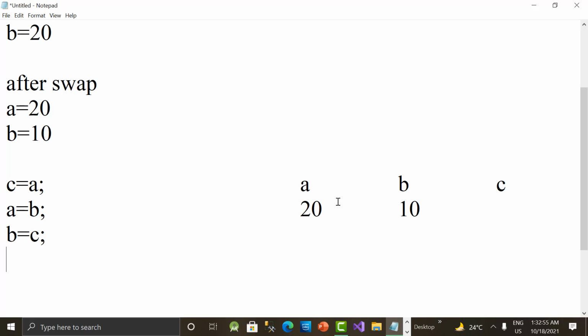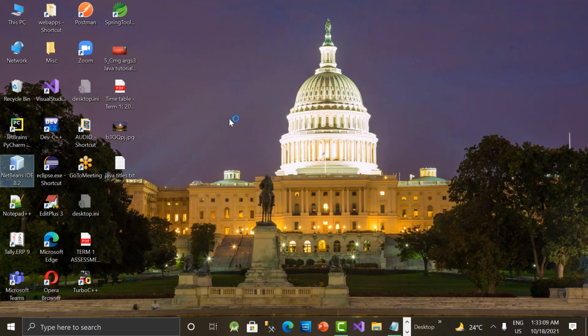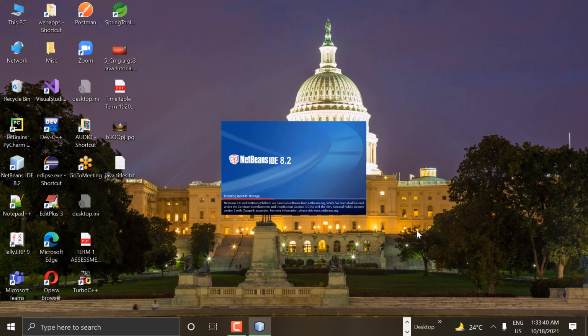So let's get started practically implementing the same thing and we'll see how it is working. Okay. So in this example I'm demonstrating this with the help of NetBeans IDE. Okay. So let's get started. So let's move on to NetBeans, double click on NetBeans IDE and it's getting opened. So here we'll see how to create a new project, and then we need to create a Java application. So where we need to write the code, guys. Okay. So let's wait for a moment. Yeah, it's coming now.